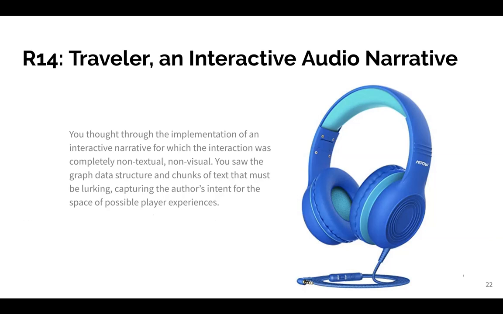Audio is coming at you, you speak audio back to it, it matches your audio by converting it into text with the audio that was written for, or the text that was written for the other scenes, to give players this very auditory focused thing that was not textual, not visual, but you saw kind of behind the scenes, there's kind of a graph where pages refer to outcomes, which is sort of like choices having sort of like,